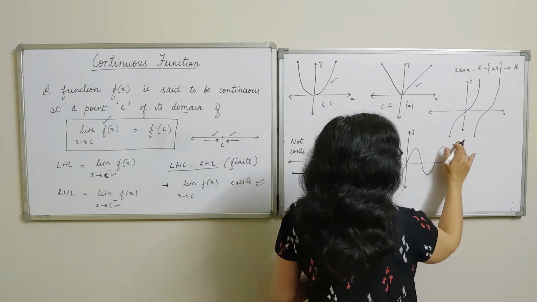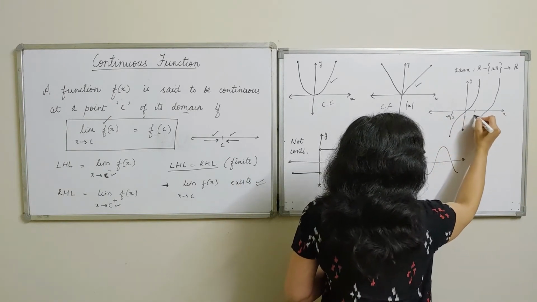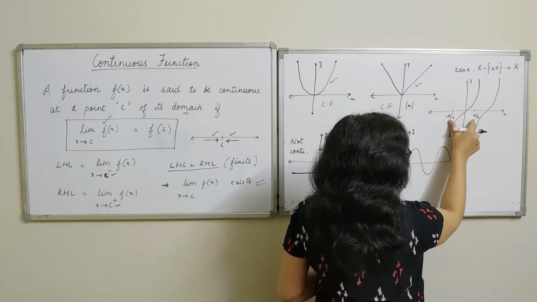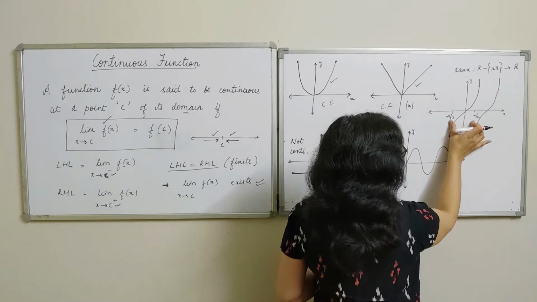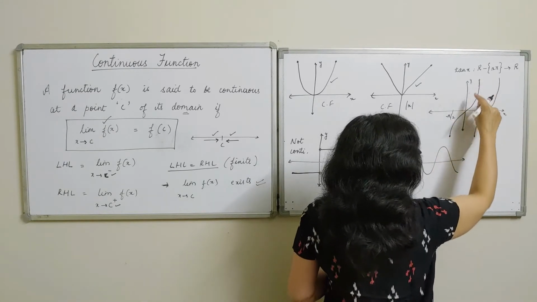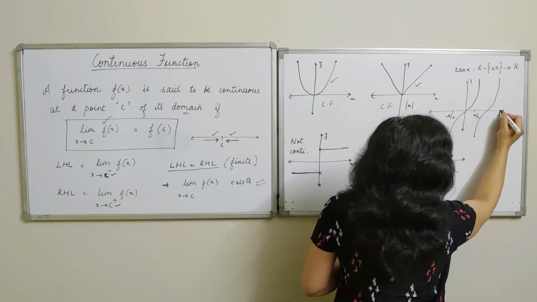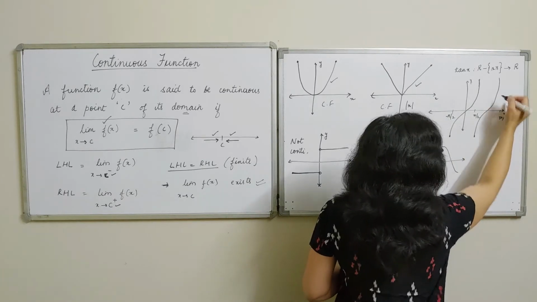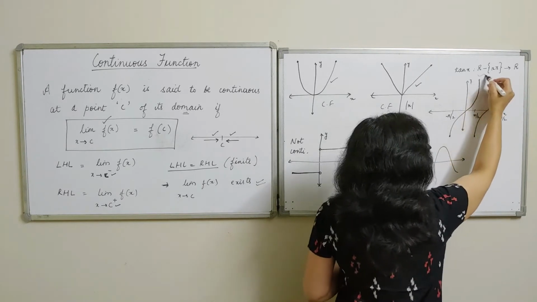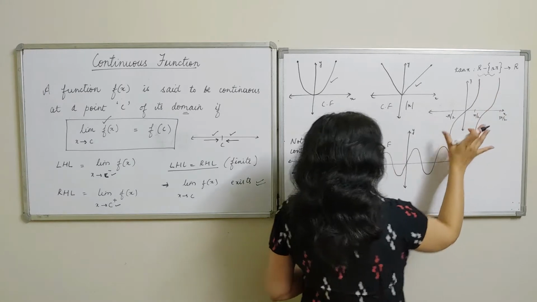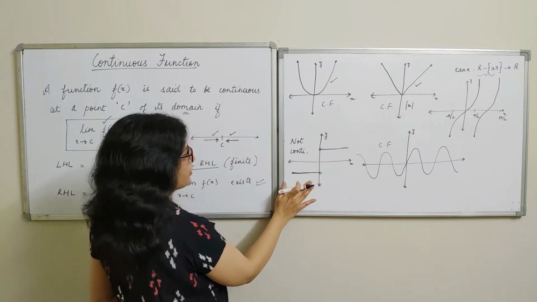Okay, so here you can see that in this interval, say minus pi by 2 to plus pi by 2, leaving these endpoints, the graph can be drawn without lifting the hand. Hence in this open interval the function is continuous. Likewise you can see here the graph from pi by 2 to 3 pi by 2 can be drawn without lifting the hand. So at every point of its domain the function is continuous. So these are graphs of some continuous functions. Here is a graph of a function which is not continuous.